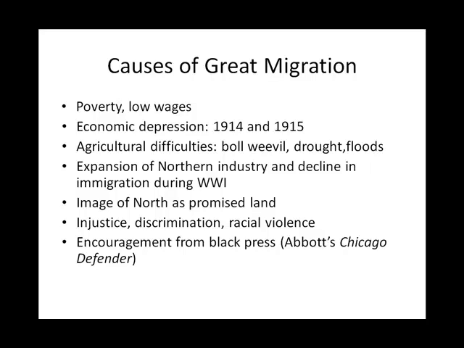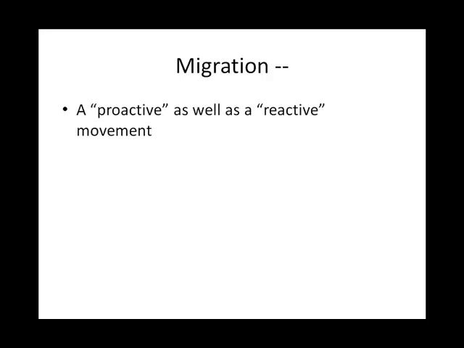This promised land imagery also challenged Jim Crow segregation and political disenfranchisement in the South. Northern newspapers like the Chicago Defender ran articles that encouraged blacks to come north, and many migrants also wrote letters to their relatives stressing the social, political, and economic benefits of their newer, freer lifestyles in the North. However, we can also say that the migrations were a proactive as well as a reactive movement.